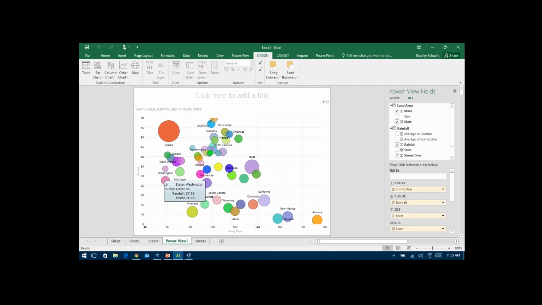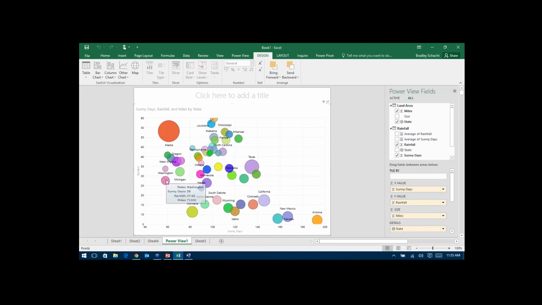So all your friends and family that live up there in Washington State and say that it rains all the time, they're actually lying to you. So just FYI, you can call them out on that. You can point them to the webinar and you can show them the data that proves that they're liars. On the other hand, they don't have a lot of sunny days either.